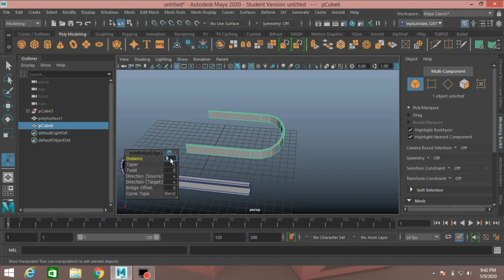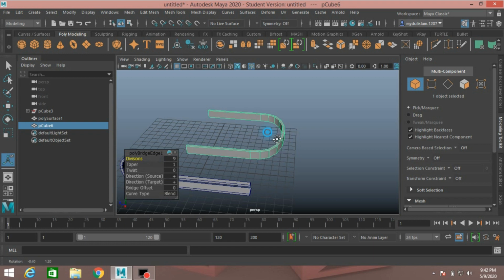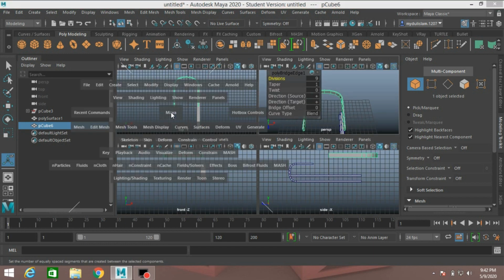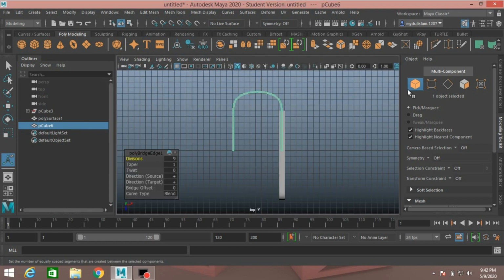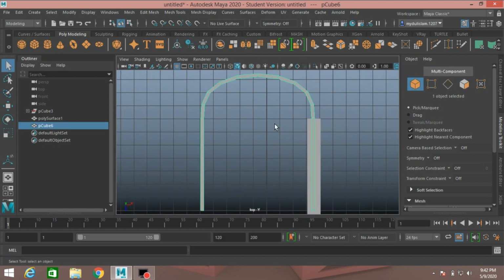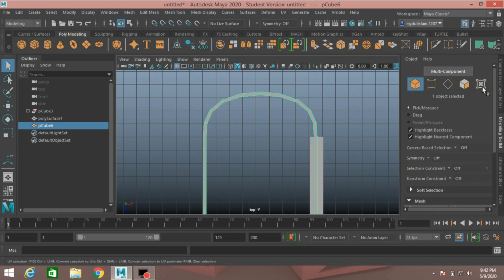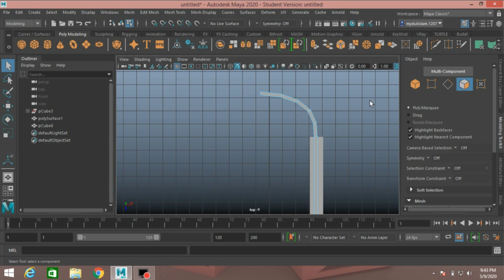Type division 9. Now go to top view, and go to object mode, press F to zoom or focus in. Now go to face selection mode, select half of the face, press delete.